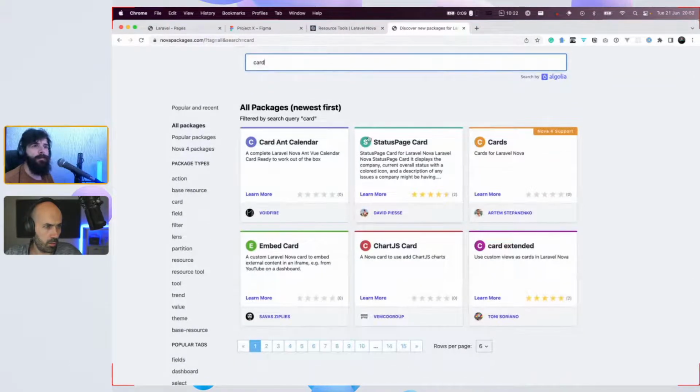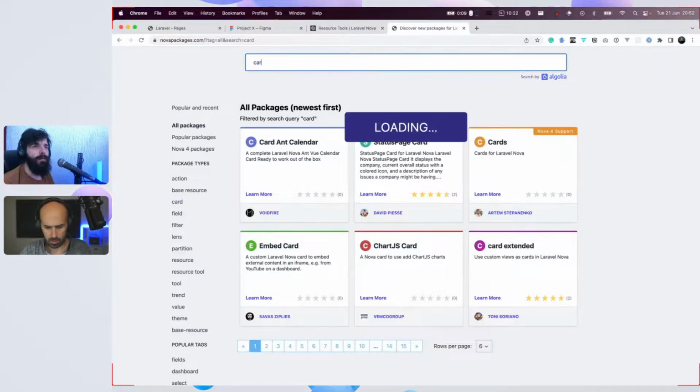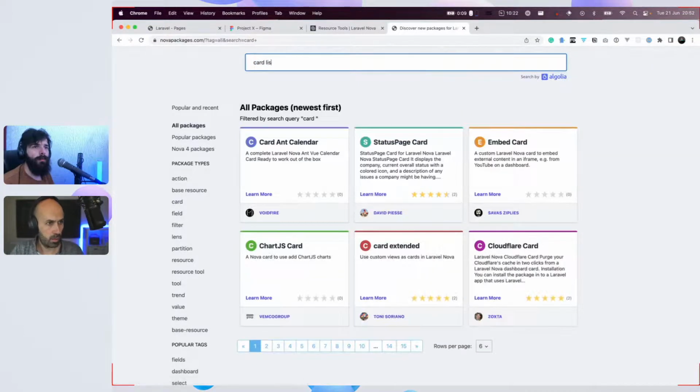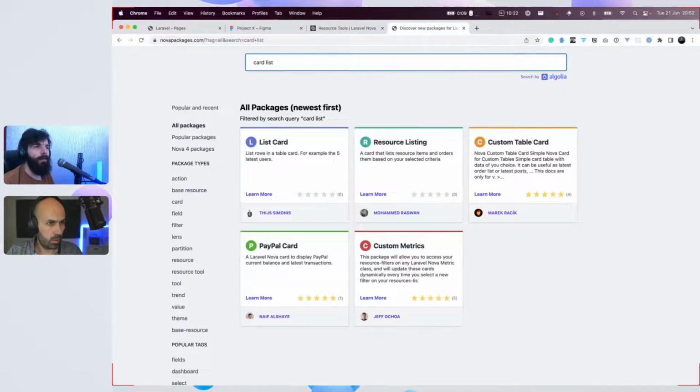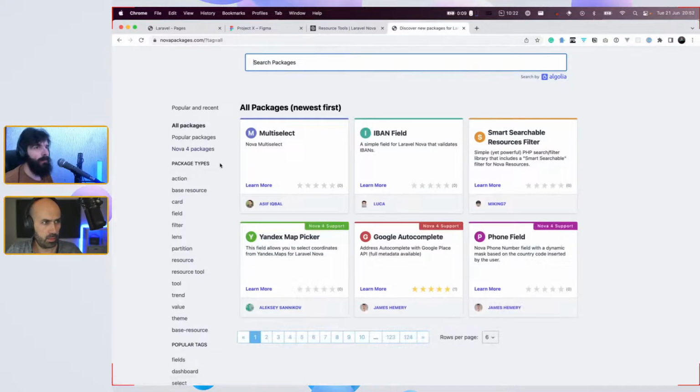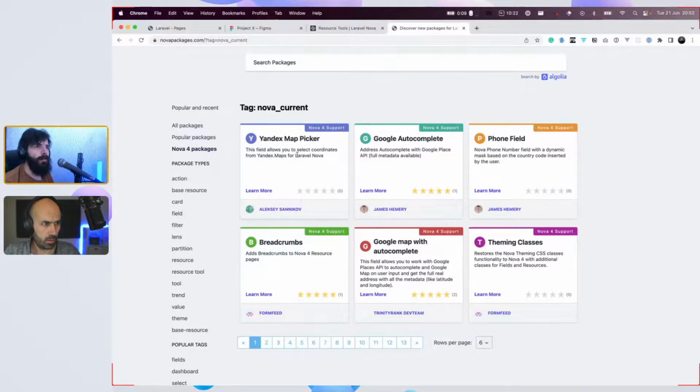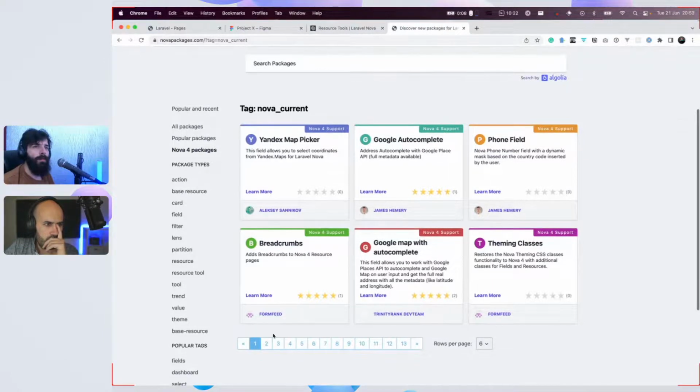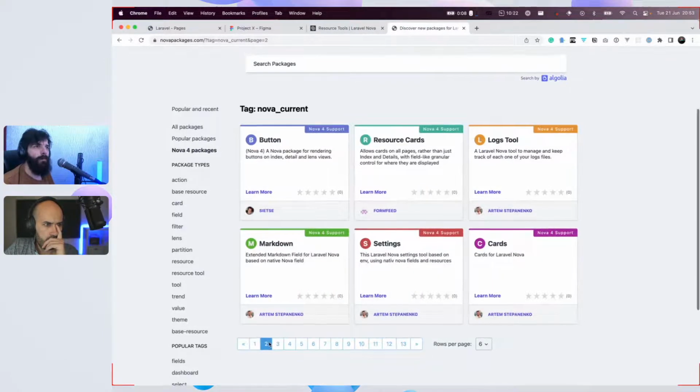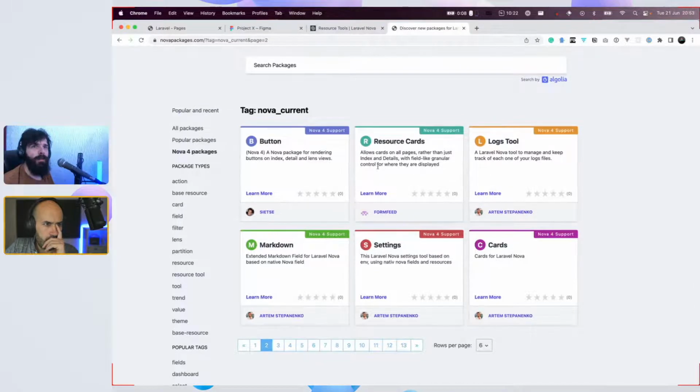Tools. Okay, cards, fields, filters. No dashboard. I'm thinking I've seen it, just not sure. Defining: allows cards on all pages, rather than just index and details.